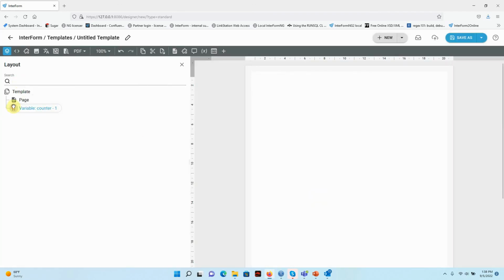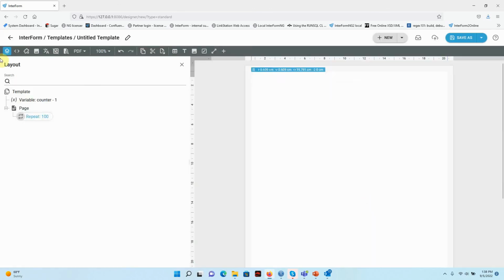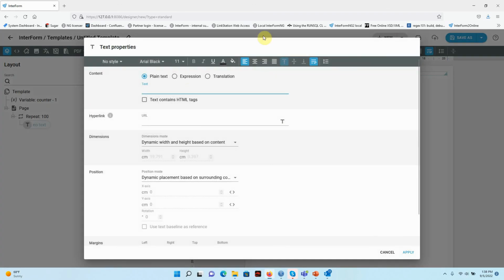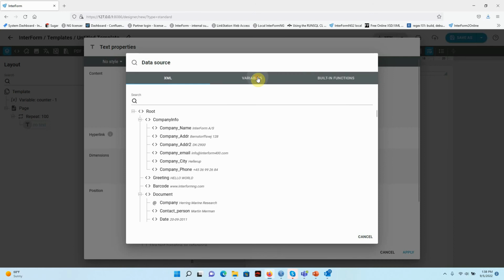I drag it before the page element, and then inside of the page we want to add a repeat loop. We want to print out all of the values from 1 to 100. And so for this we want to do a repeat loop of 100. And inside of that repeat loop we want to print out the current value of our variable. So we can find the variable up here,